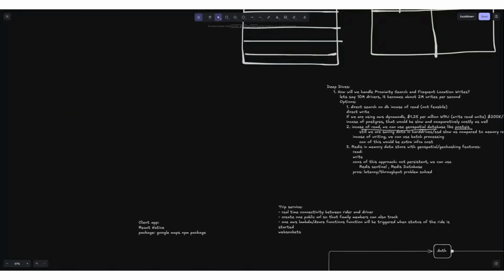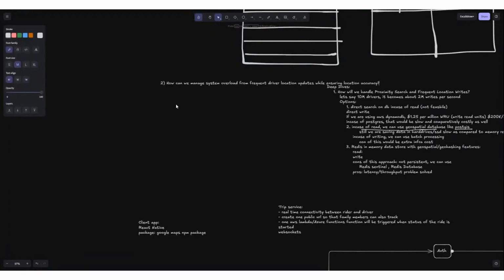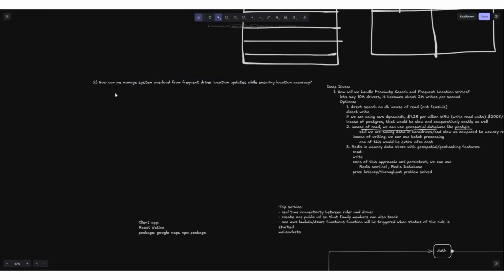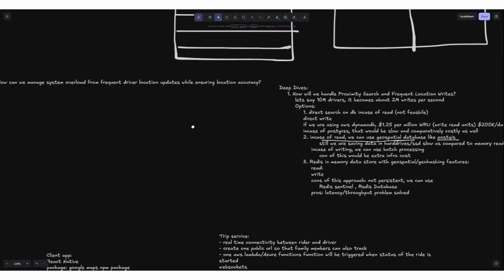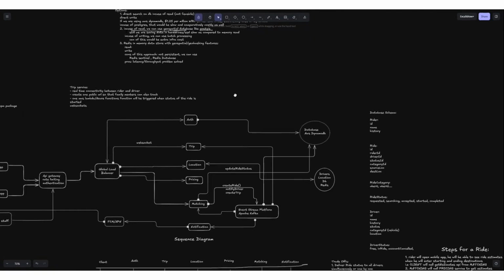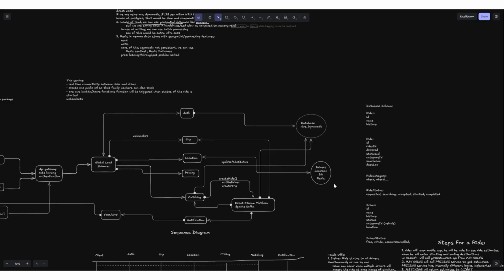We have some further deep dive questions which the interviewer can bring up during the interview. The first one is this: how can we manage system overload from frequent driver location updates while ensuring location accuracy? We partially solved this problem in a previous question. We finally decided that we will be using the Redis geohashing in-memory data store,